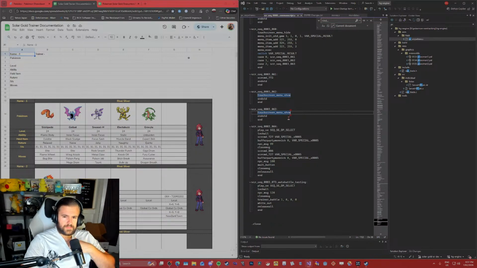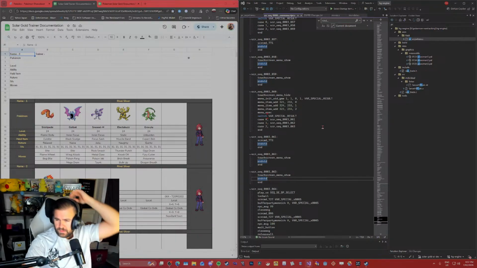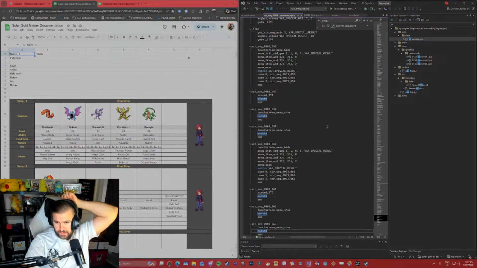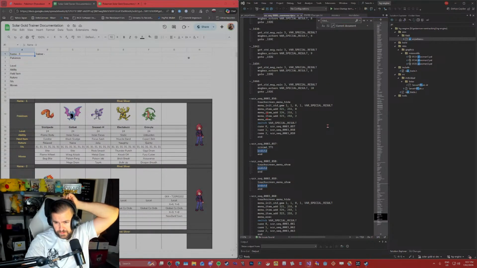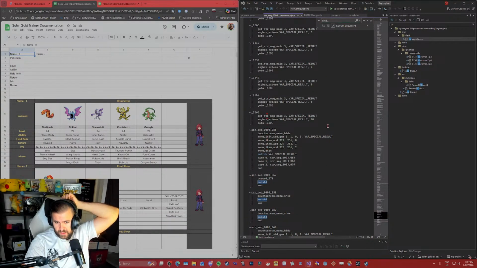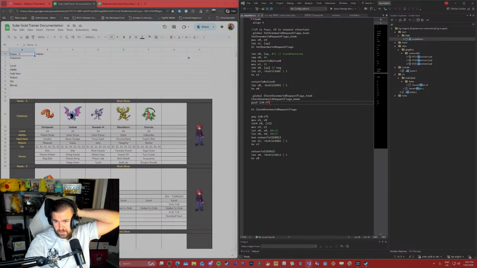Touchscreen menu shown. I wanted to put a menu in my game. Apparently you can do it through this, but I need to look at my PC.